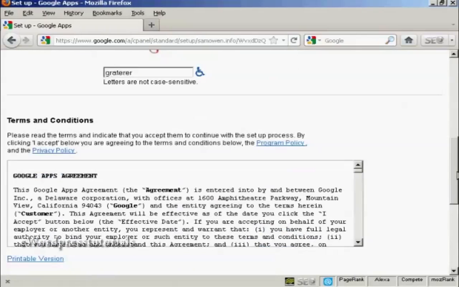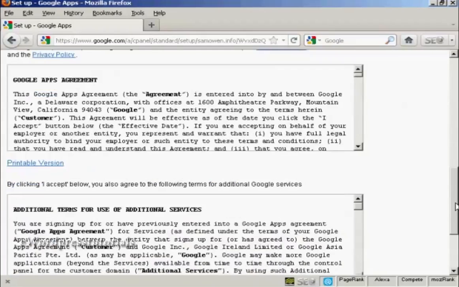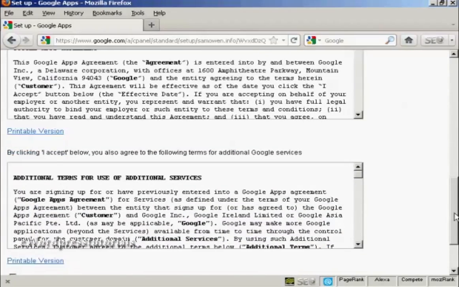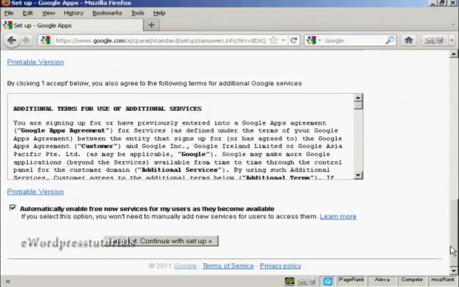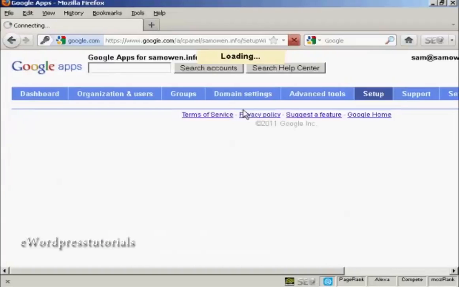And then you have to read and agree to the terms and conditions and the additional terms for Google services, and it says automatically enable free new services for my users as they become available, and this is a good idea because it just automates everything. And then click on I accept and continue with setup,